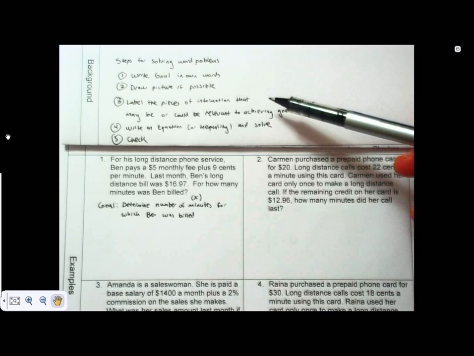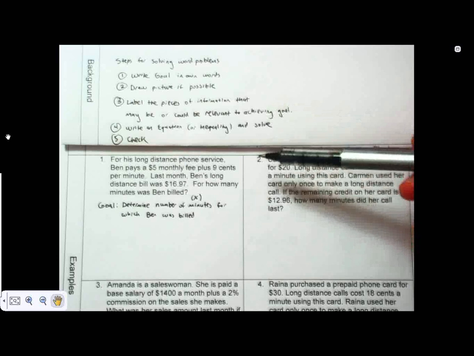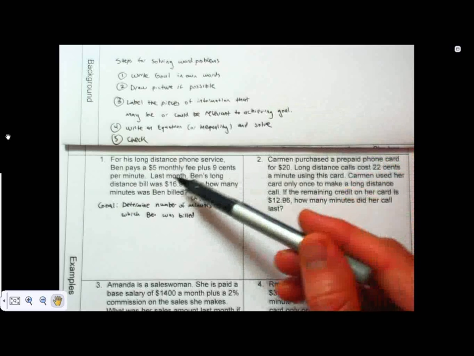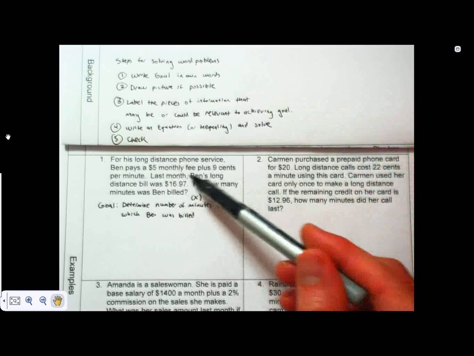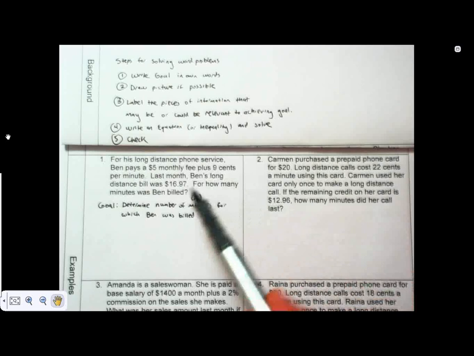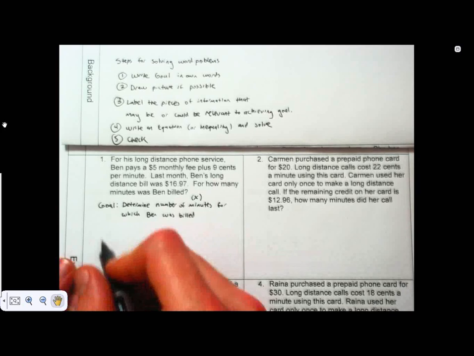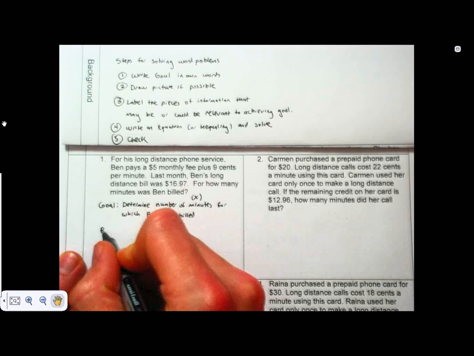But let's see if we can figure out at least some piece of information that might be relevant to reaching our goal. Well, in the second sentence, they tell me how Ben was billed. So they tell me that Ben pays a $5 monthly fee plus 9 cents per minute. So this is another thing that I like to do. If I can't figure out how to put those pieces together, what I do is what I call a pretend situation. So let's pretend